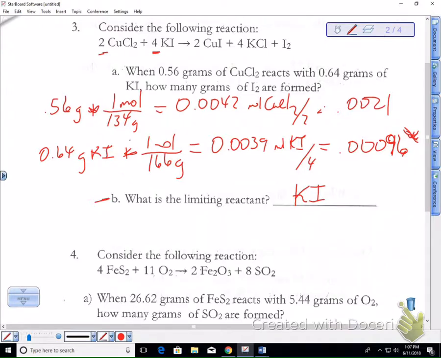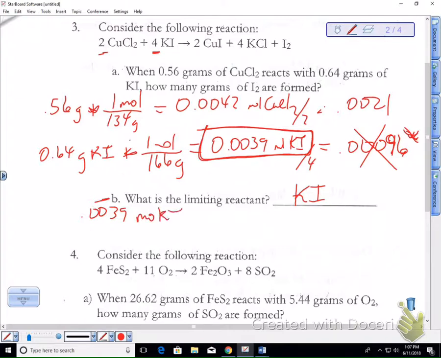Let's go ahead and answer part A. How many grams of iodine are formed? Well, we always start with the limiting reactant. And the limiting reactant is this number, not this number. Sometimes after we do a step, you may see that 0.0096 come back. But the amount that we have at the beginning is this one as soon as we go from grams to moles. So that is our starting point, 0.0039